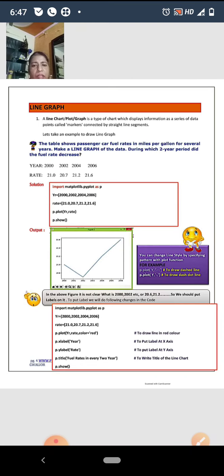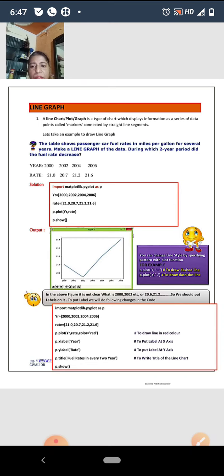Similarly for import numpy as np, we already know the concept. np is the alias name for the numpy library, and we will use the np name in all the code. Similarly here matplotlib.pyplot is named as p. Now I can use p instead of